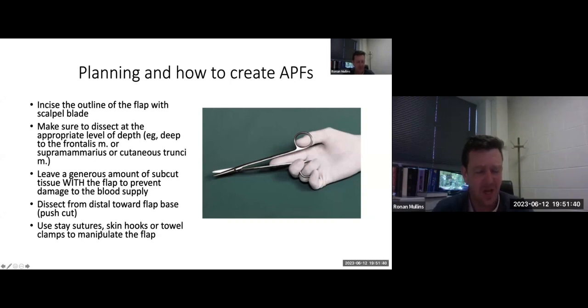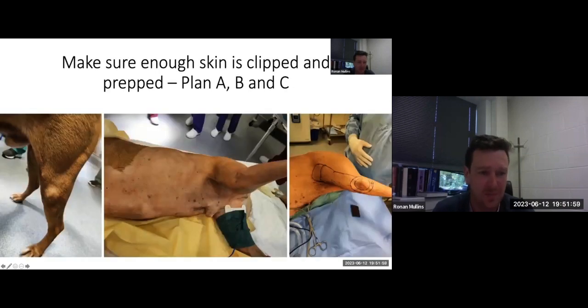And then it's important that we don't manipulate the flap again and again, particularly at its edges, causing congestion or necrosis of the distal part of the flap. So I will usually use either skin hooks or towel clamps or even stay sutures to manipulate the flap into position. So this is just a random example, we'll have clinical cases at the end, but a dog with